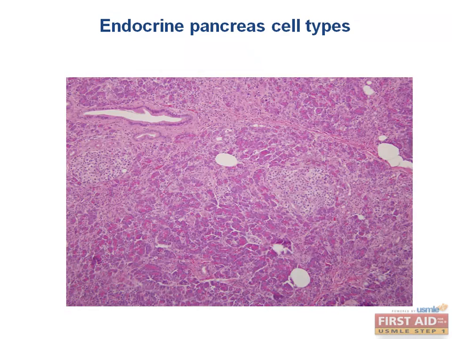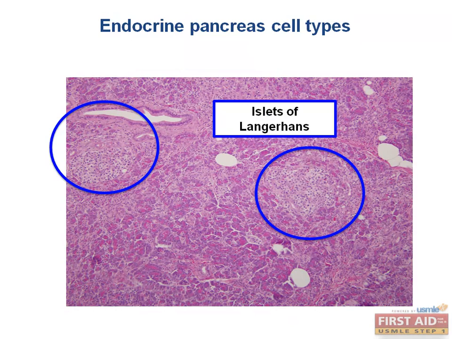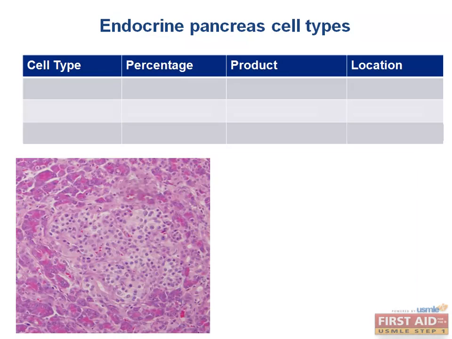This is the histological section of the pancreas, and throughout the pancreas are small islands of hormone-producing cells, known as islets of Langerhans. They are most numerous in the tail of the pancreas, and they are composed of 3 major cell types, which you'll need to be familiar with for your exam. As we discuss the cells that make up the islets of Langerhans, I will go in order of prevalence, starting